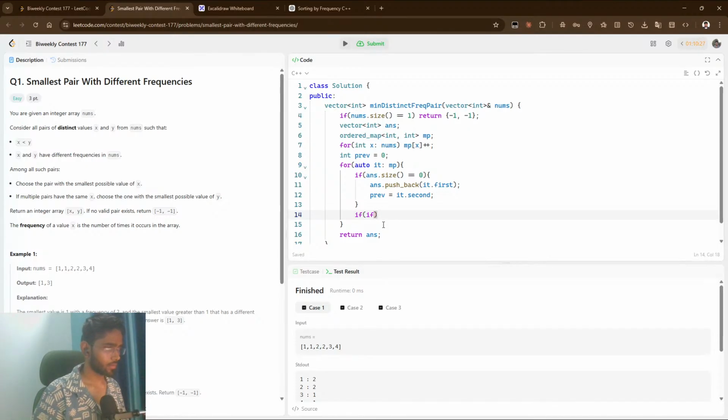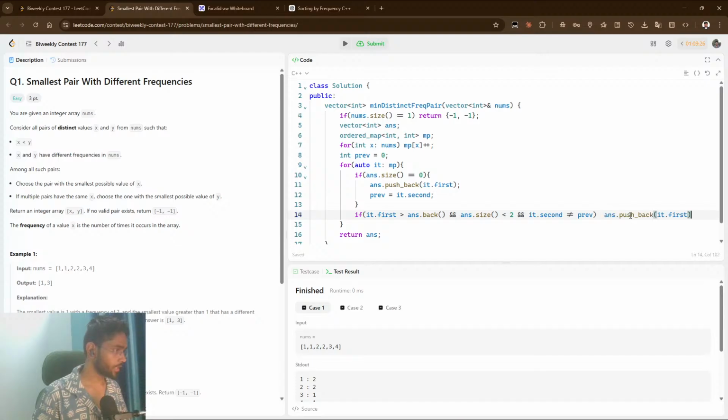So if the smallest value, if it dot first is greater than ns dot back, and ns dot size is less than 2, and it dot second should not equal the previous. In that case you do,